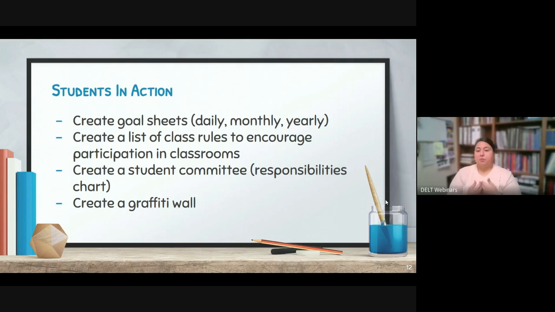Now I am responsible to see it through. One of my favorite things to do, going to the third point, is to create a student committee or a responsibilities chart. We are now face-to-face, and so it's a little bit different, but definitely when we were online, I